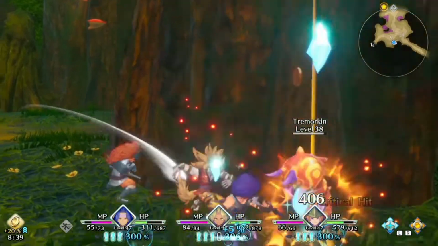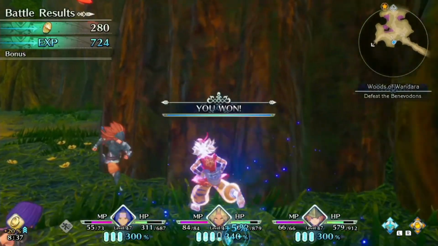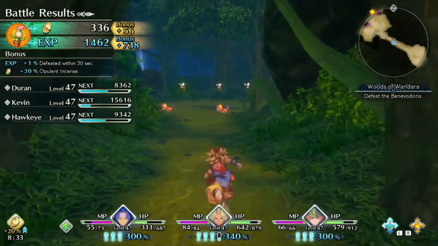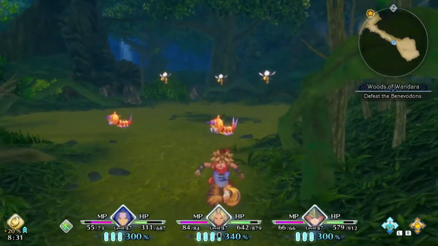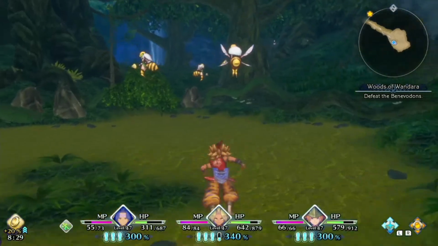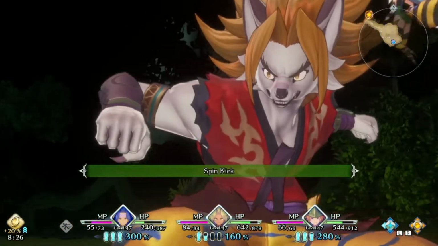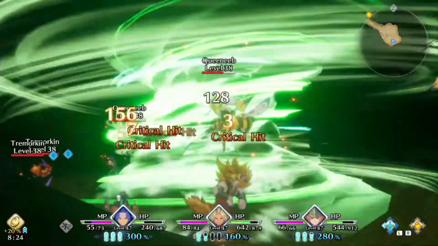Or I guess they're Benevolons. That was a bad fight to get that on. I was hoping that I could maybe get that on another fight. That's of course the little cat keeps giving us